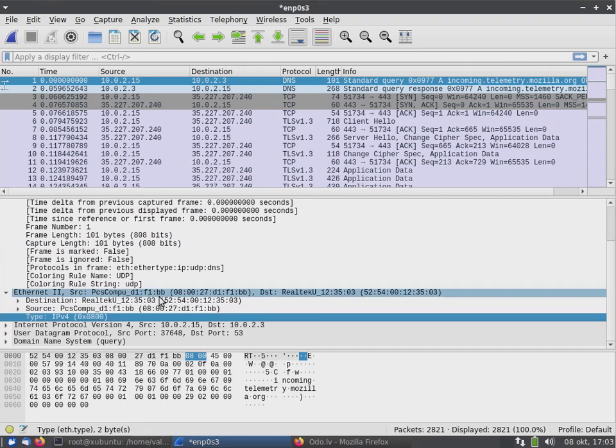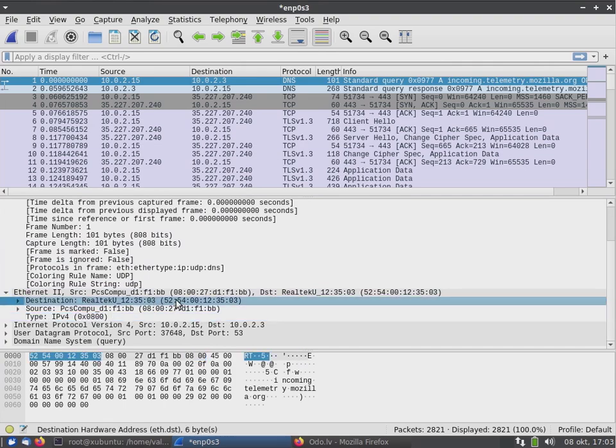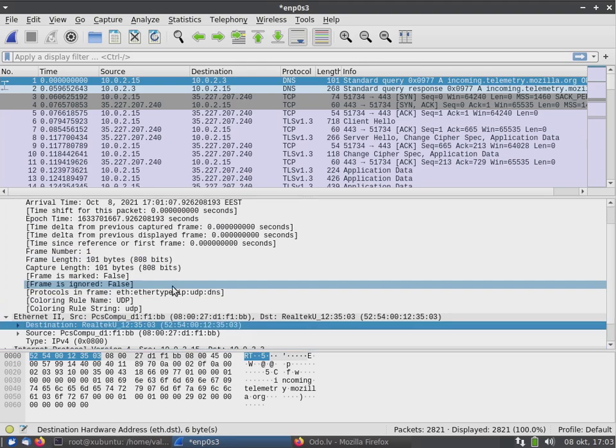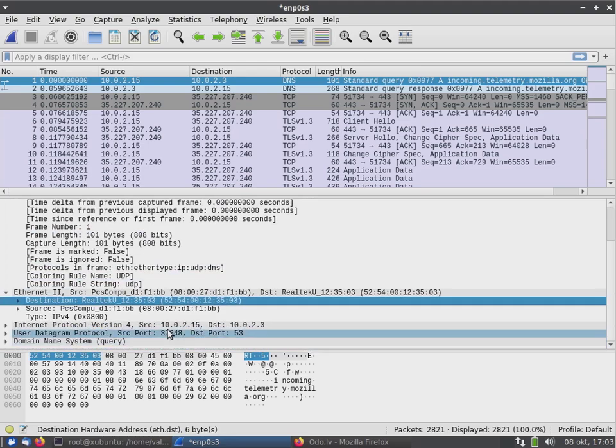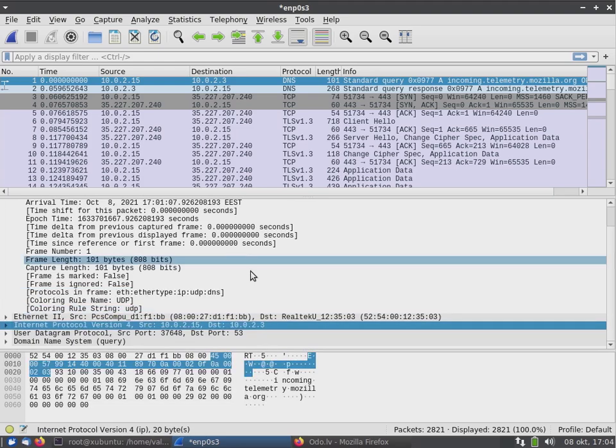I don't know much about the type here. So this header tells that this device is sending an Ethernet frame to that device, actually vice versa, this device to that device. The length of sent data is 808 bits. And then everything else from the Ethernet point of view is just internal data.